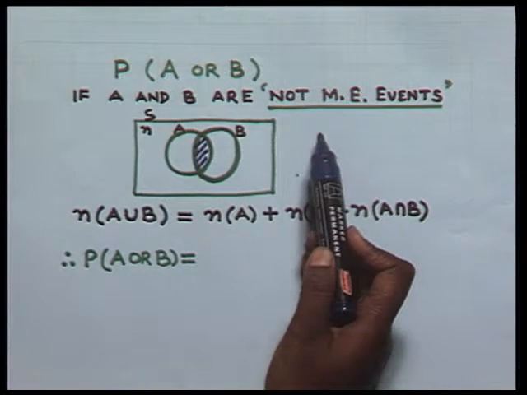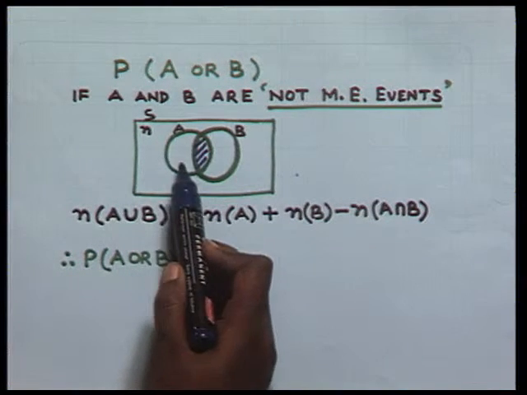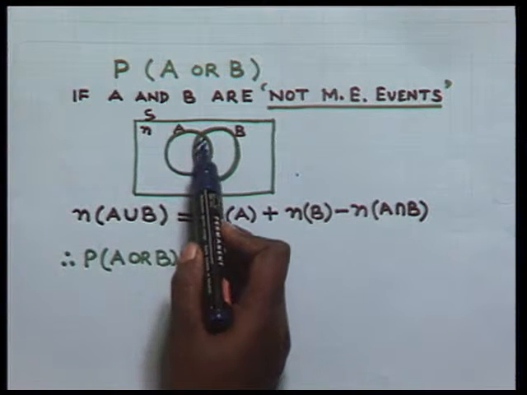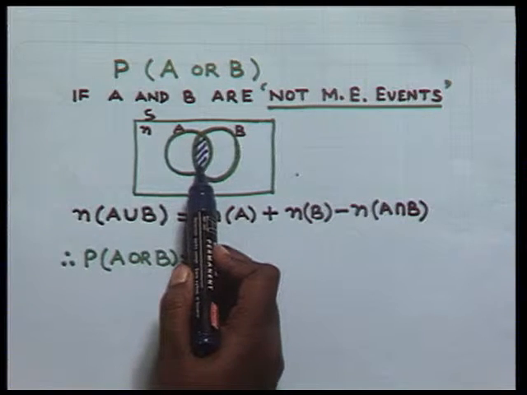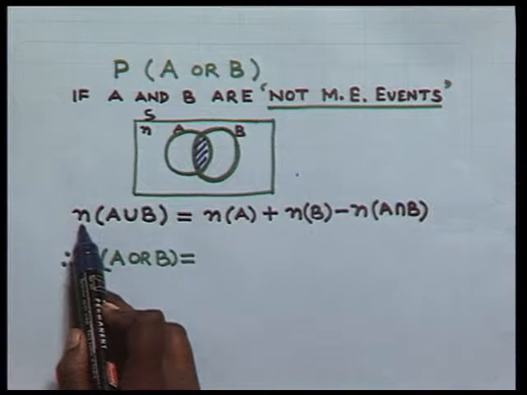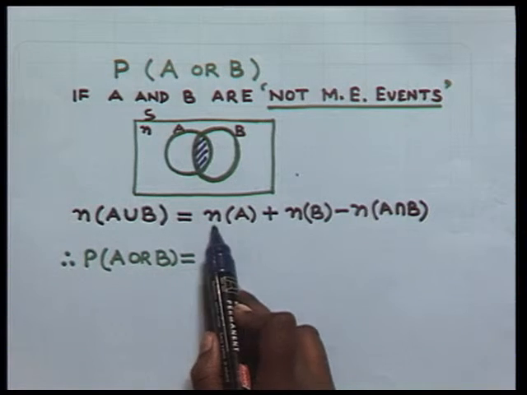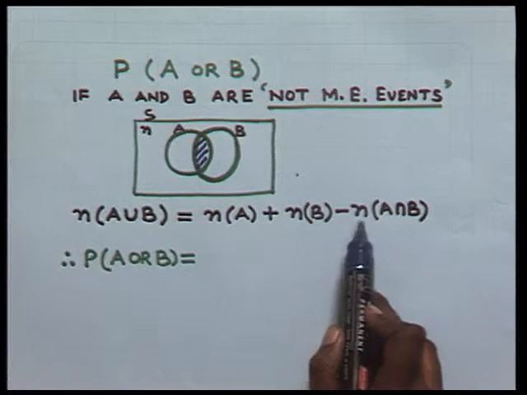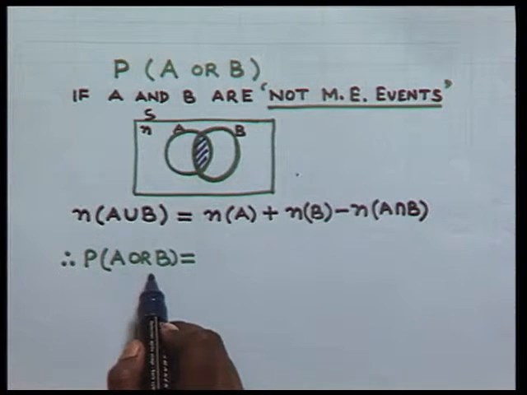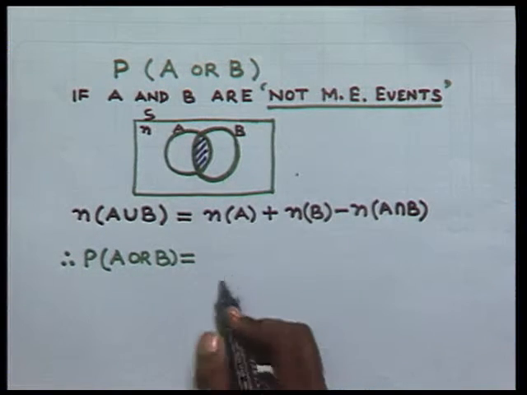Now, in case the events are not mutually exclusive, then the probability of event A or B, in terms of the elementary event, we take it like this. This is the Venn diagram where the set A and B, or the events A and B, are not mutually exclusive. So, this shaded portion shows the intersection or the common portion. Hence, we have number of elements in the set A union B is equal to number of elements in the set A plus n of B minus n of A intersection B, and therefore, probability of A or B when the sets A and B are not mutually exclusive is equal to